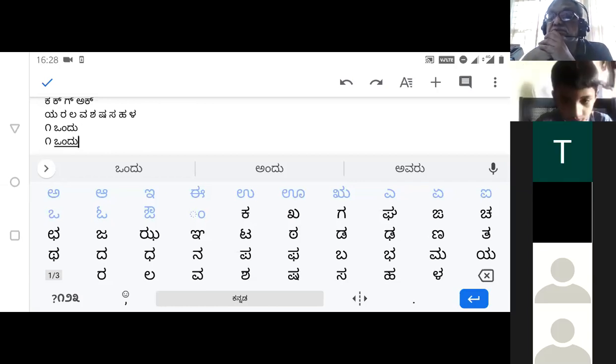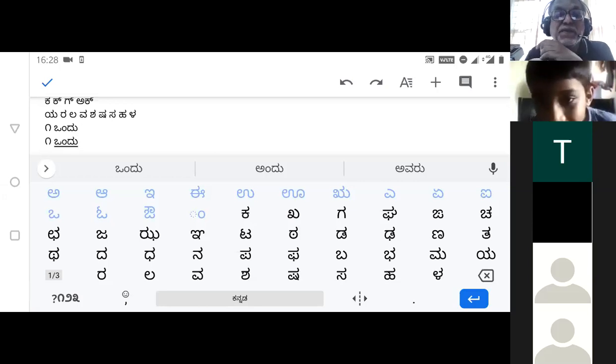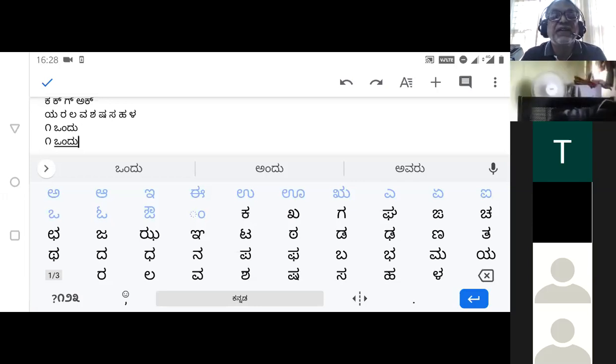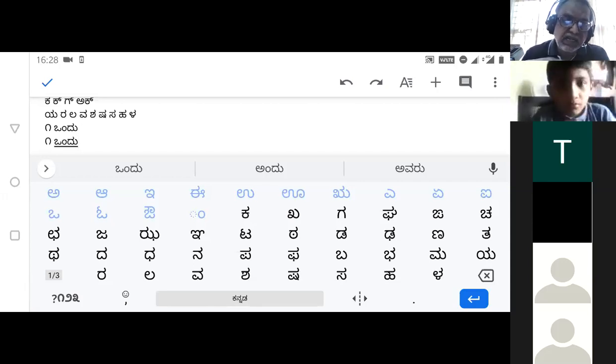How you did it? She has to just hold the emoji button for 5 to 10 seconds. Then you get that keyboard settings, wherein you have to add Kannada also along with English. Okay. Tilu, I'll do one thing. Today you can continue like this. I'll just check and tomorrow onwards I'll try to see. No, ma, don't give up. But we have a problem, which is that the meeting will end in about 8 minutes. Okay, you can continue. Today I'll just check it. No, it doesn't matter, ma.